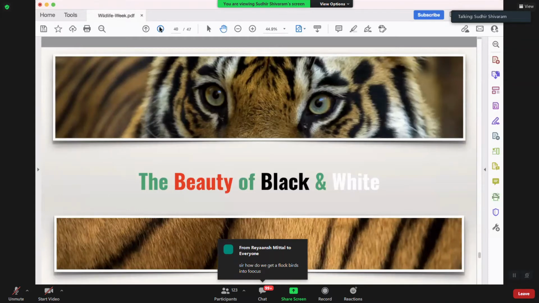And Priyansh, how do we get a flock of birds into focus? It's everything to do with autofocusing. It's to do with the depth of field. So the focusing plane comes into picture. Whichever plane the birds are flying in, that plane will be in focus. If you want more of them in focus, you have to understand the depth of field, increase the F number, increase the ISO. Again, that combination comes into picture.